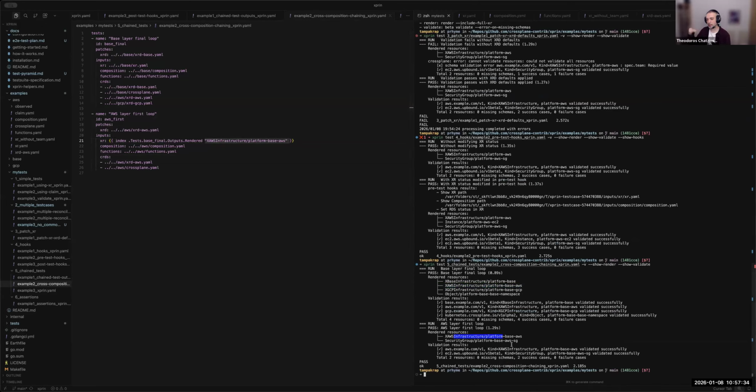I introduced a few types of asserting the results. Count for the number of resources, exists and not exists for resource, field exists or field not exists for specific fields inside the resource, and then field type, where we check if they are string, number, or array, or whatever, or field value to check if they match the value that we are giving them.